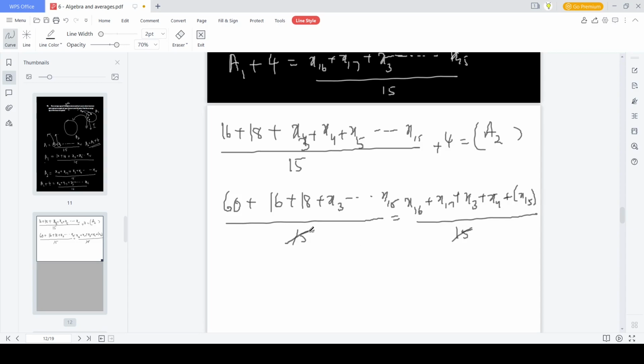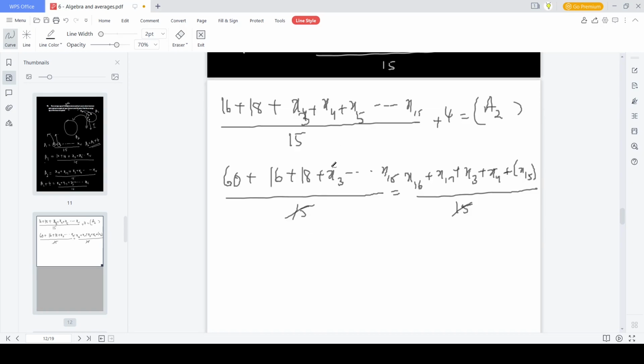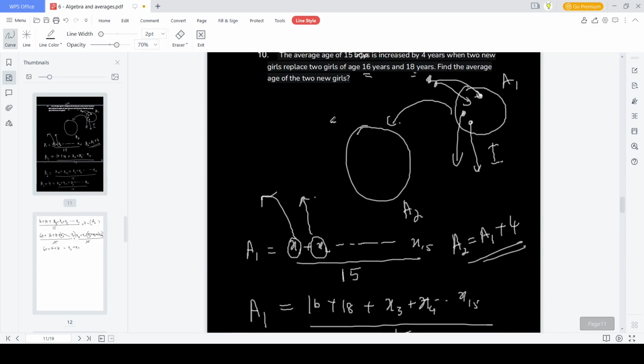Now I'll just cancel 15 and 15. Then I can see x3 to x15 is common on both sides, so I can cancel this and this also. So I get 60 plus 16 plus 18 is equal to x16 plus x17, the two new girls' ages. Now what they asked in the question is